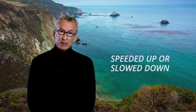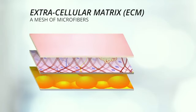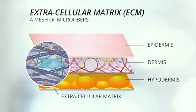and some people age visibly more rapidly than others, tells us that the aging process can be speeded up or slowed. Until very recently, we did not understand what the aging process was, and so we couldn't design effective anti-aging treatments. New discoveries, however, which have highlighted the role of a fine mesh of microfibers found throughout the epidermis and